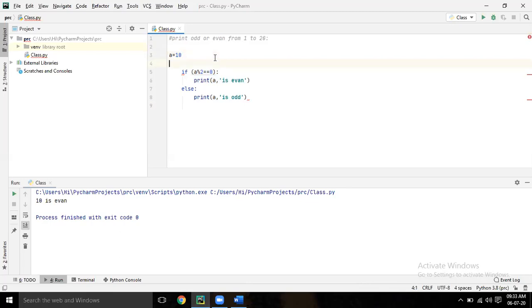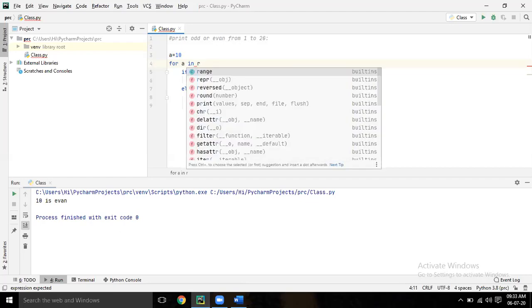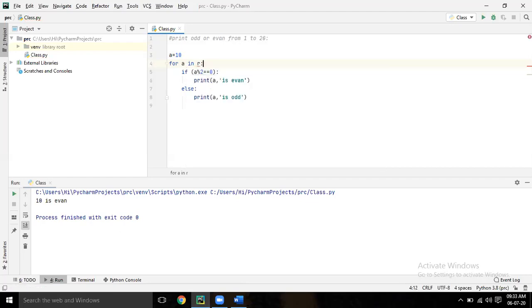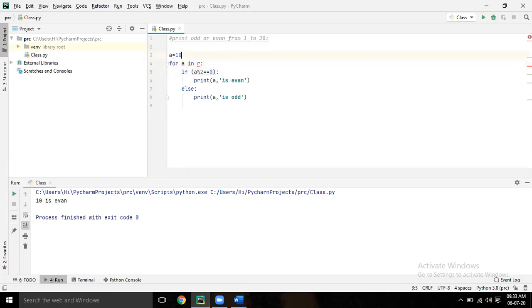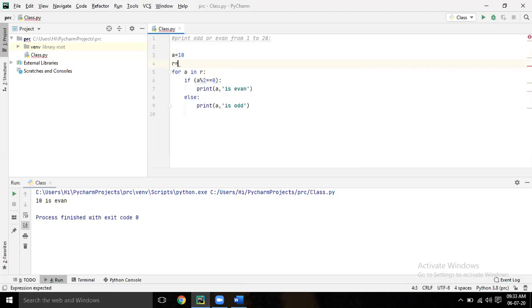For A in R, colon. Now write R equal to, after A equal to 10, enter. Not there, backspace. After enter, R equal to range 1, 21.